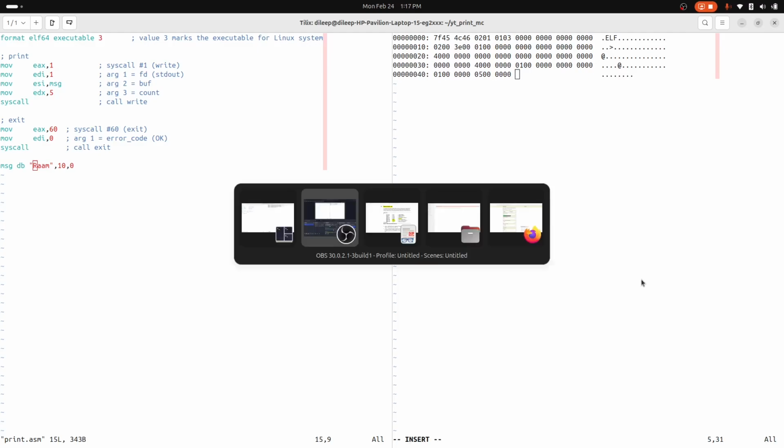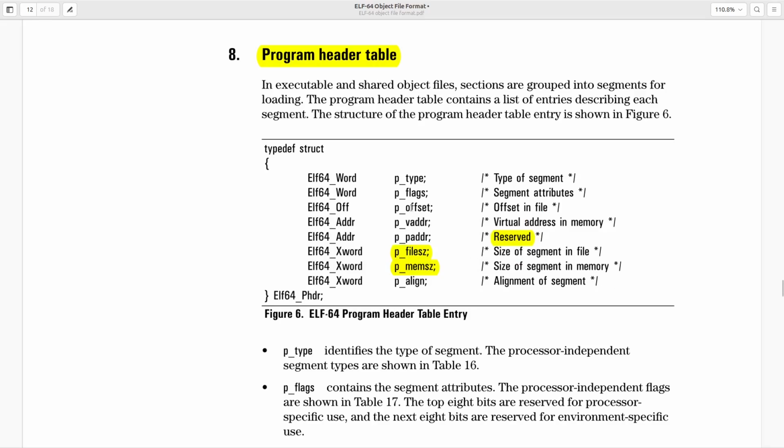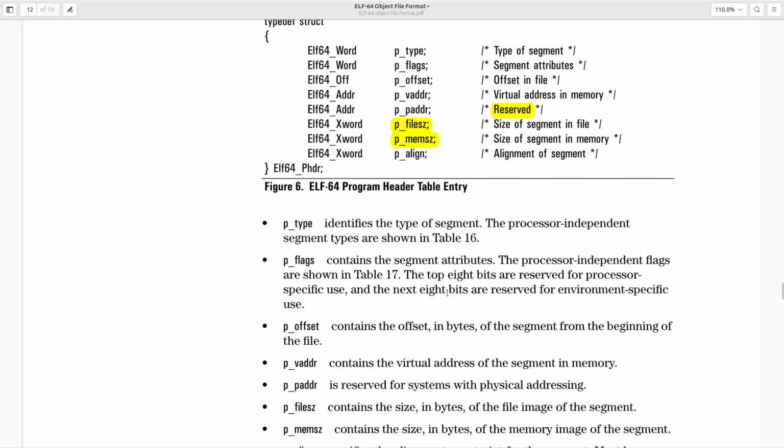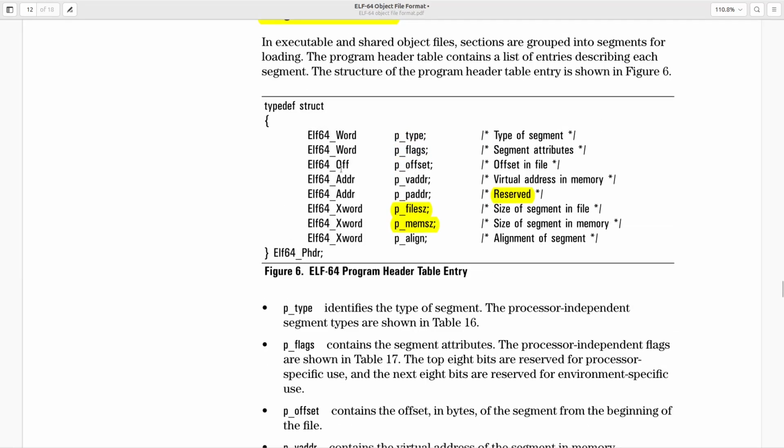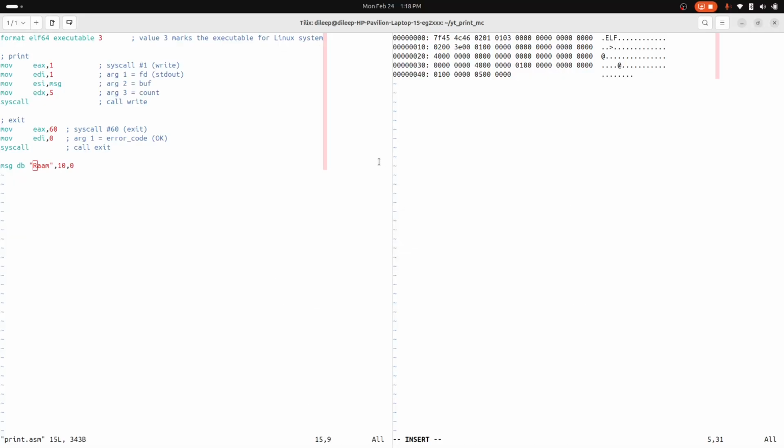Okay, so the next thing was p_offset in file. So what is the offset of the segment in the file? We will begin our offset from 0 from here. So the offset will be 0 and it is of type Elf64_Off, right? That means 8 bytes. So fill it with 0. Okay, now next thing,